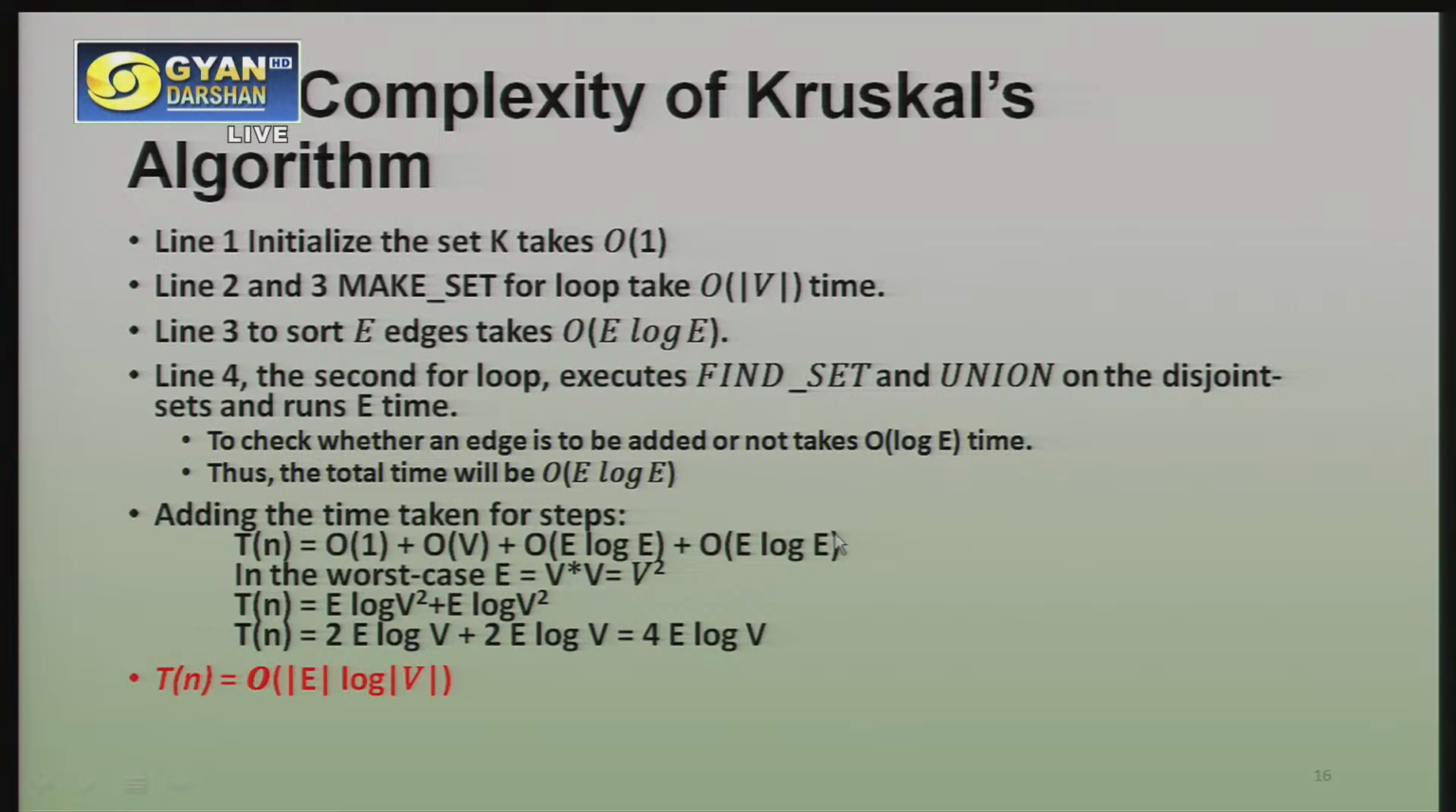Now, if we add all the times together, and in the worst case, the number of edges happens to be V cross V, V star V. So we have V square as the number of edges. Therefore, we get E log V square, which happens to be 2E log V. And if we take the order of this entire step, it is of the order of the number of edges times log of the number of vertices. So this is the time complexity of Kruskal's algorithm, and you can see it is same as the other algorithm,